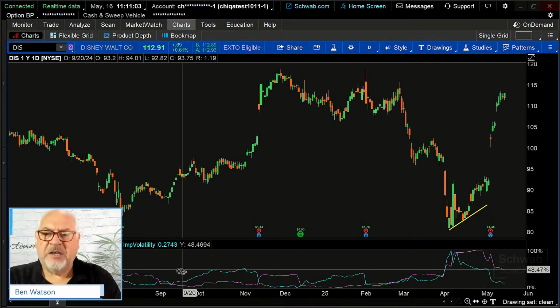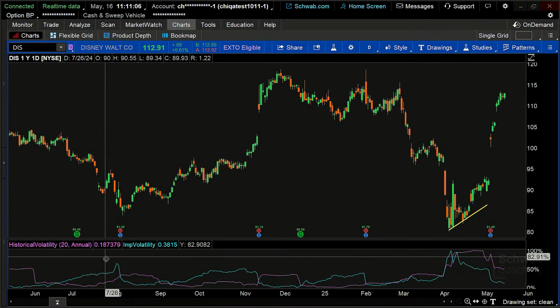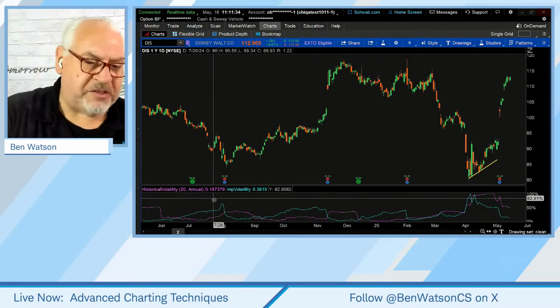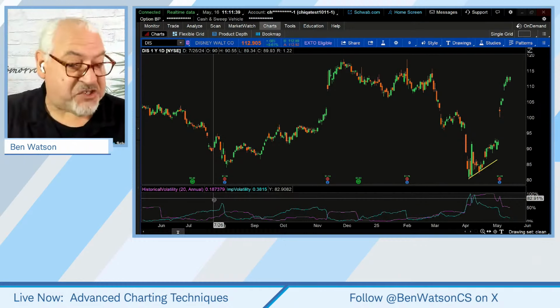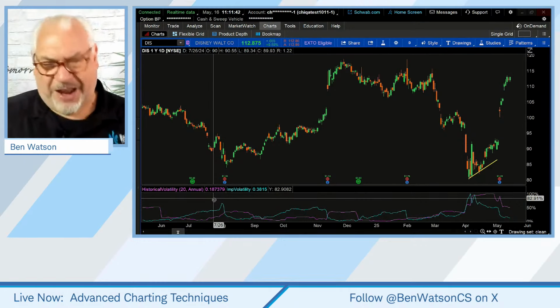Simply looking at this historical volatility, implied volatility comparison and discussion, I have no idea how volatile this individual stock is relative to other stocks, number one, and number two, relative to, say, the market, the benchmark. So if Disney were the only position in my portfolio, this would be enough, right? Because then I could see, oh, I know that it's more volatile. I know that it's a little bit less volatile than it has been. That can tell me when there is perhaps greater or lesser risk of movement.